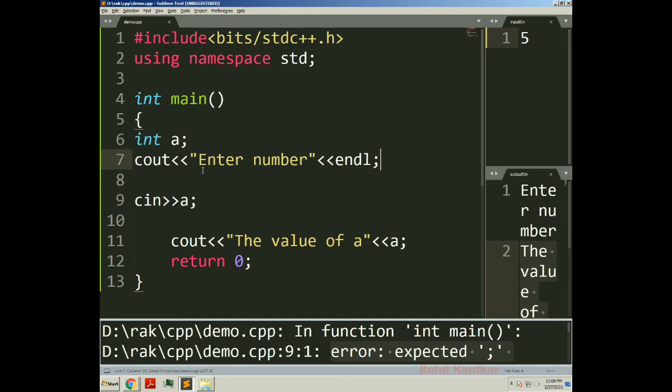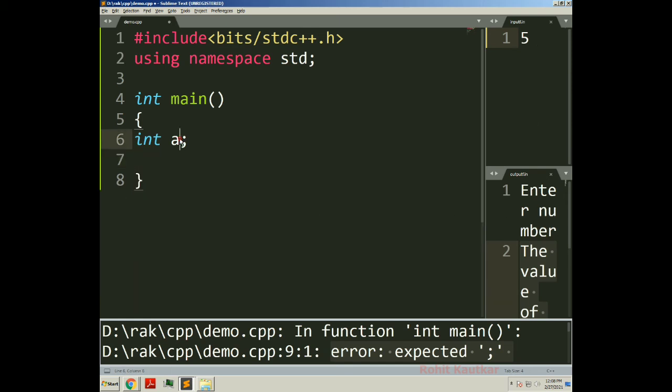Now I will show you how you can do addition of two numbers here in Sublime Text, and how you can pass input and how you will get output. In order to perform addition of two numbers, I will need to create three variables, A and B for storing two numbers and C for storing the result.